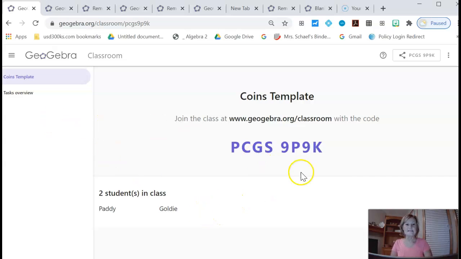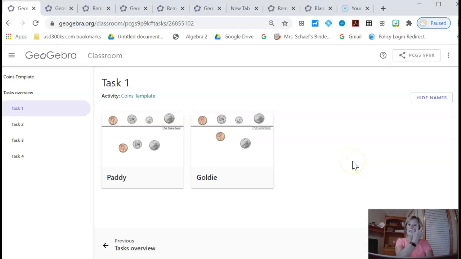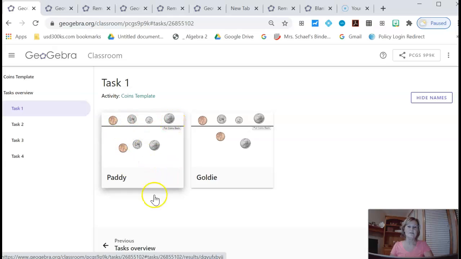So here's what you're going to see as a teacher. If you click into the task overview button, you're going to see your students. Now, you have two choices on that. If you're just going to be looking at it on your computer, then you see what Patty's doing, what Goldie's doing. If you want to project it, just hit hide names, and you can project it, so your other students won't know who is there, it's anonymous. You can do this one of two ways. If you're wanting to just tell your kids, okay, take these coins and make me